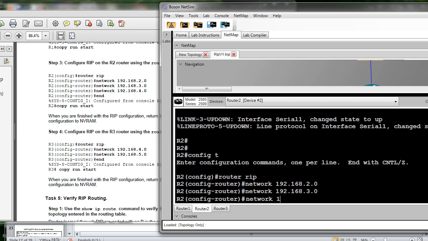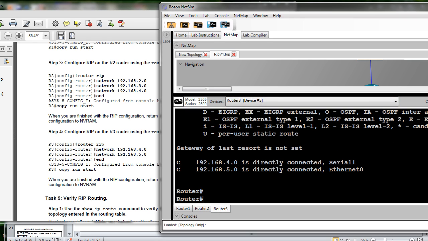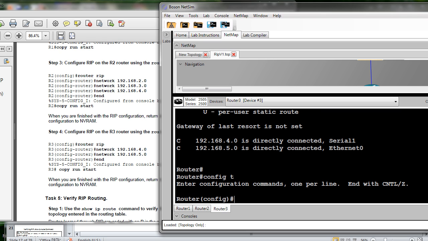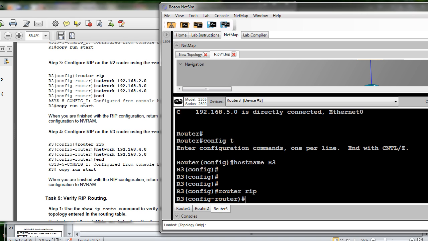Third directly connected network is 192.168.4.0. Yes, I'm done with router 2. Let's go to R3. Configuration mode. I forgot to change the host names. And then enable the RIP protocol on R3. And since R3 has 2 directly connected networks, this network command